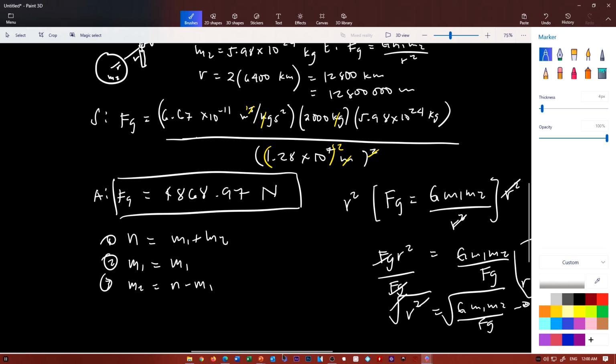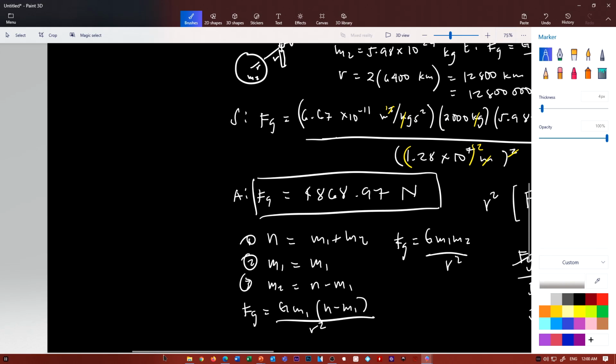So what would be the consequence of that? Knowing that this is your equation, F sub g equals G m1 m2 over r squared, you can substitute m1 and m2 to this, so that will become F sub g is equal to G m1 times n minus m1 divided by r squared. So let's say you're going to look first for m1. I'll just solve it here on this space. So let's distribute that. F sub g is equal to G m1 times n is m1 n, of course, minus